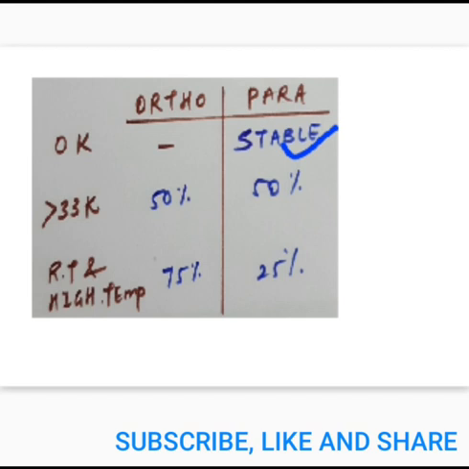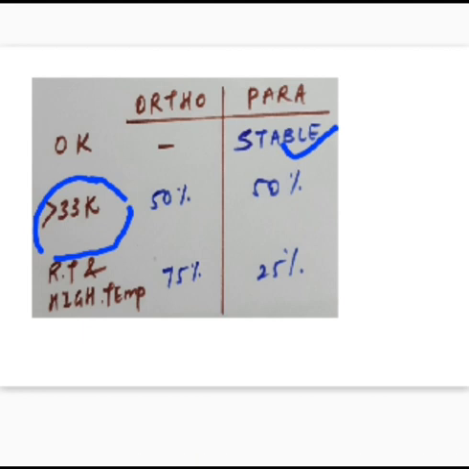Now, why is this 33 Kelvin specified here? This is basically the liquefaction temperature of hydrogen. You can say it is a critical temperature, 33 Kelvin. So, if hydrogen is cooled below this temperature, it gets converted into a liquid state. However, it has been observed that for hydrogen to come in completely liquid state, it needs to be cooled to approximately 20 Kelvin. Is it okay? So, in general, we are saying 33 Kelvin is a critical temperature of hydrogen, and so below 33 Kelvin, that becomes the liquefaction temperature, right?